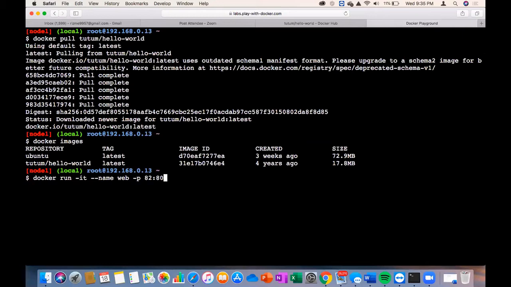Your web server always runs on port 80, but anyone from outside who wants to connect to your web server has to specify a different port. Good. Space now, and give the name of your image, which is tutum/hello-world.